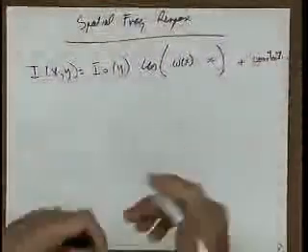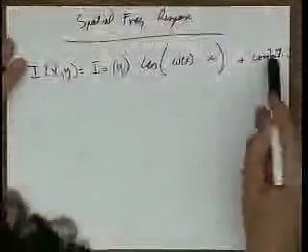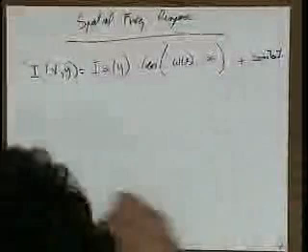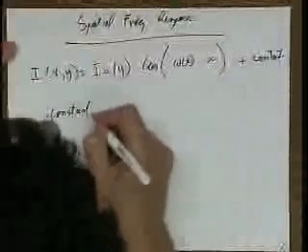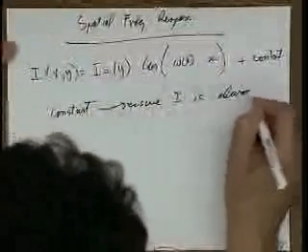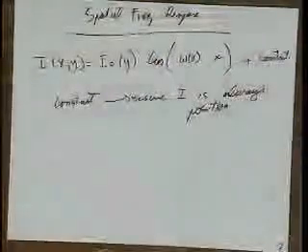Okay, and this constant is chosen in such a way that this quantity is always positive. So the constant is to ensure I is always positive. Okay, and if I plot that,